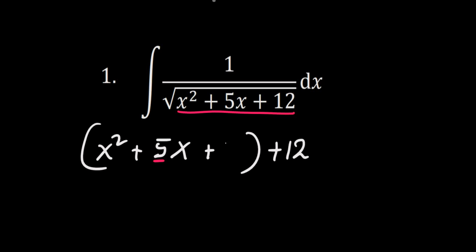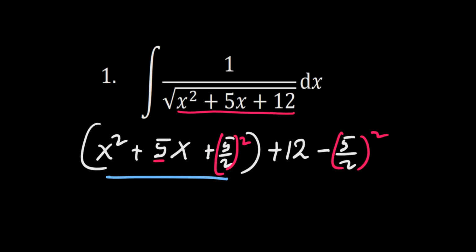So plus (5 over 2) squared, and over here subtract it, minus (5 over 2) squared. So now we can simply write this part of the question as (x plus 5 over 2) squared,